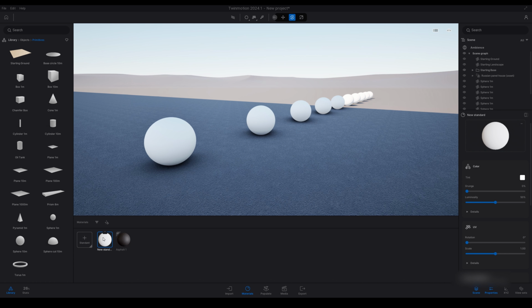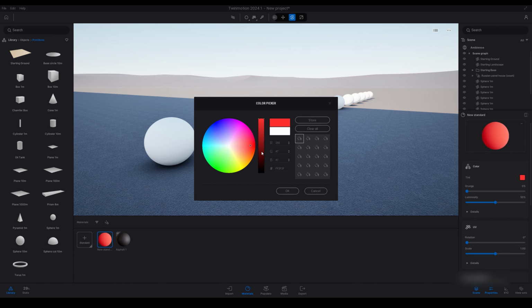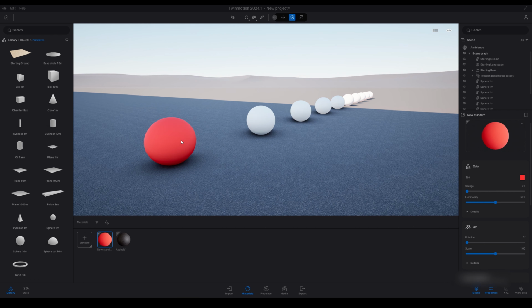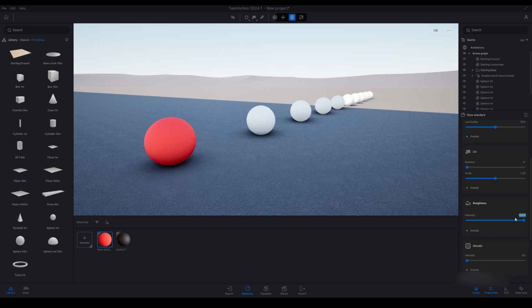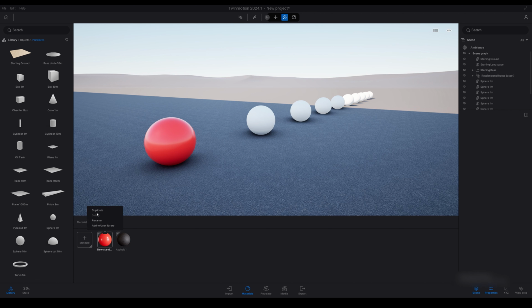Change the selection to apply to object. I'm just going to change this material and apply it to the first sphere. Just going to change the roughness, give it some shine. So if you click this little tab at the bottom under the standards,